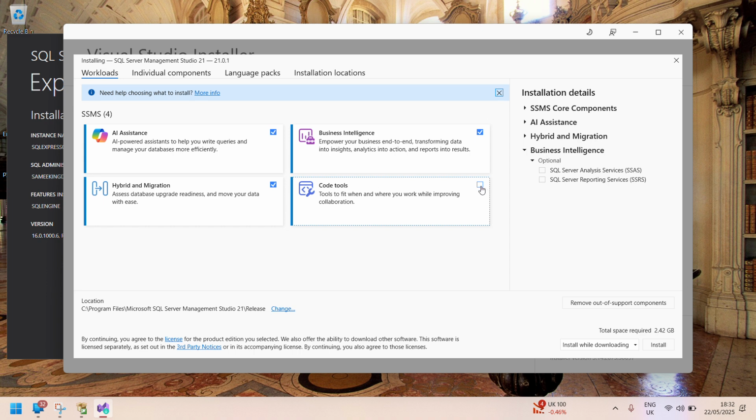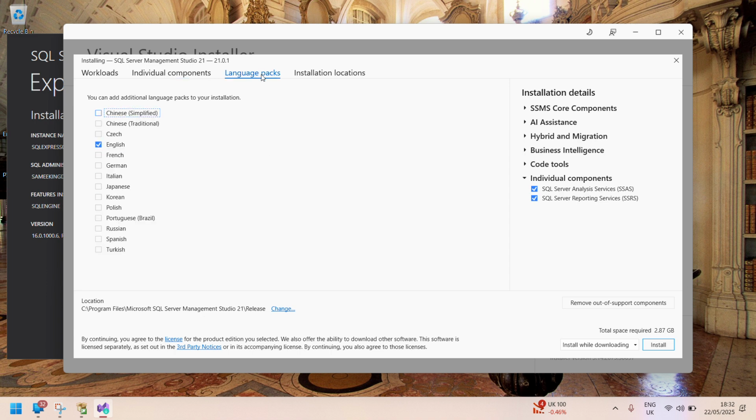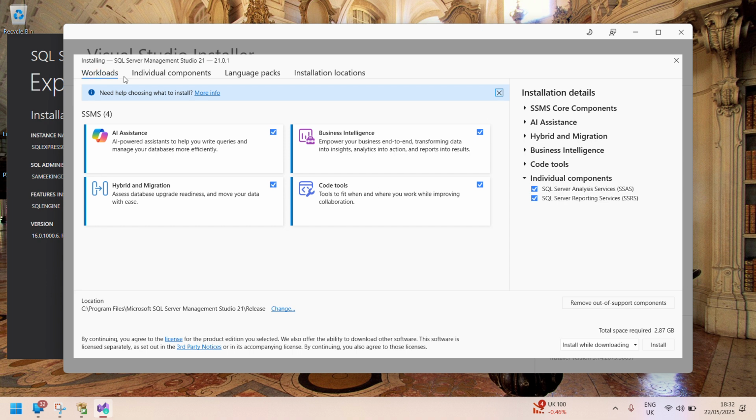You can select all four, and this is what you have selected. In individual components, if you want, you can install SQL Analysis Services and Reporting Services, though they are probably never required in real time. You can add additional language packages to your installation, like English, French, German, Korean, Polish. I wouldn't prefer it, because it happens everywhere anyway. And here you have to see